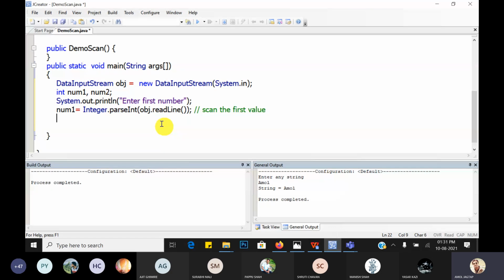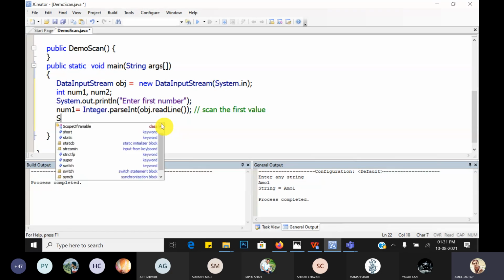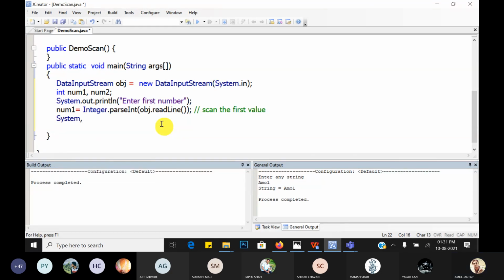Now it's time to scan the second value. System.out.println, give the message enter second number.